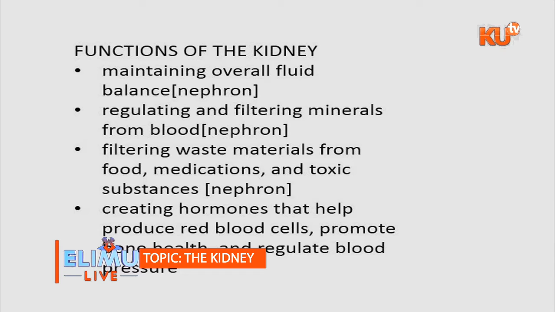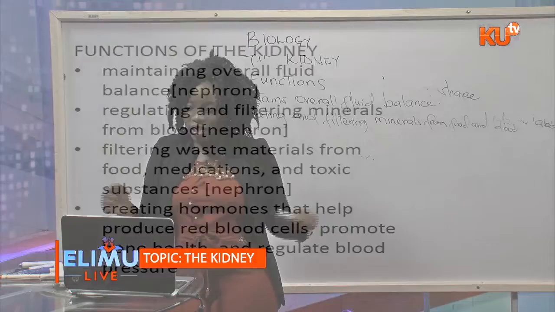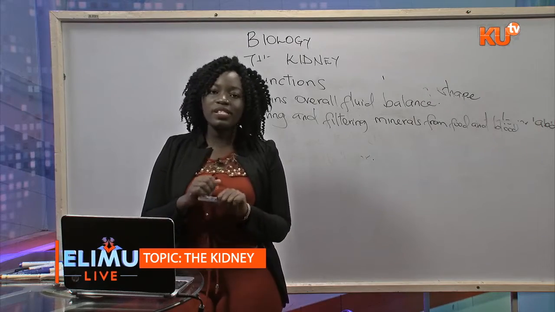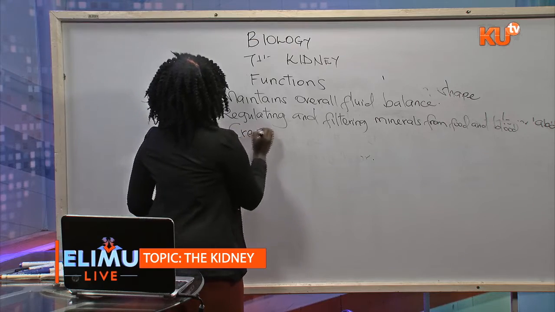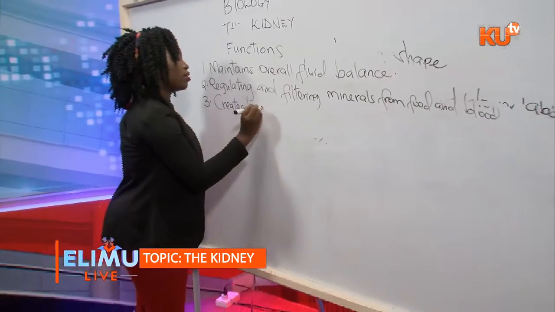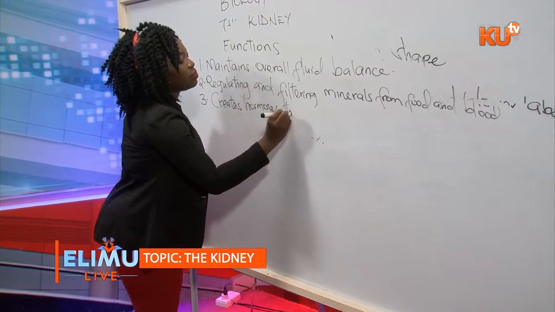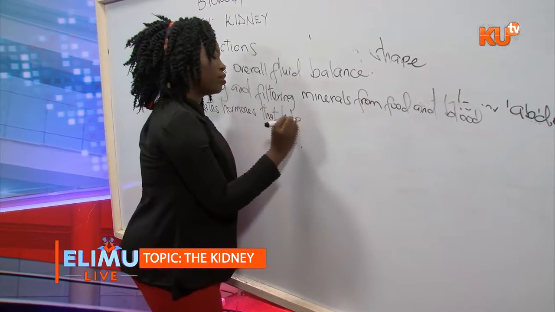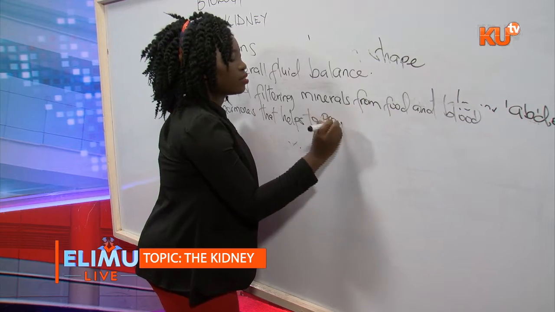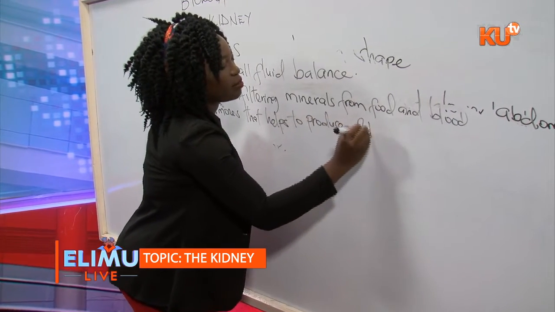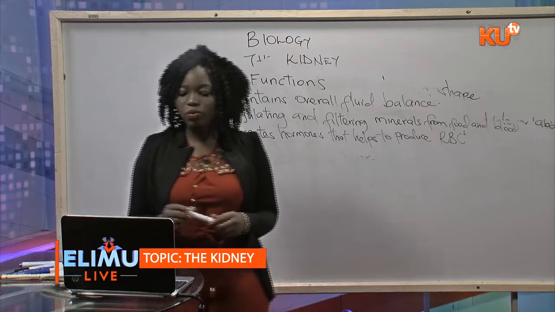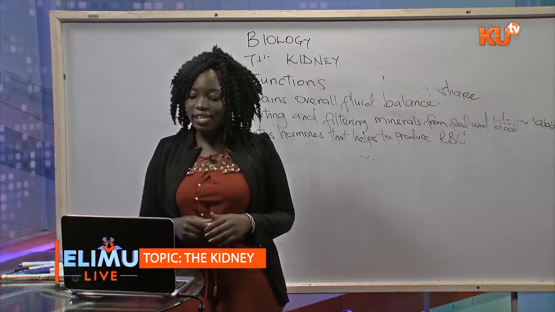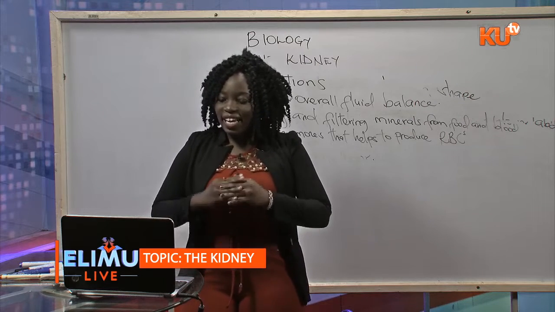And that also, there is nephron in the bracket. And then it creates hormones that help to produce red blood cells. So the kidney creates hormones that help to produce the red blood cells,